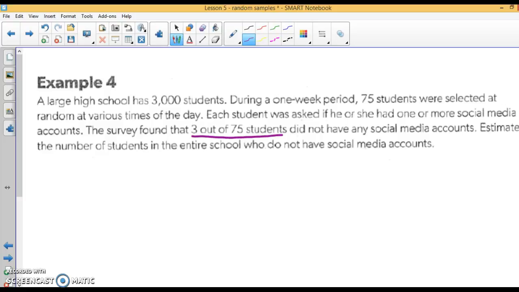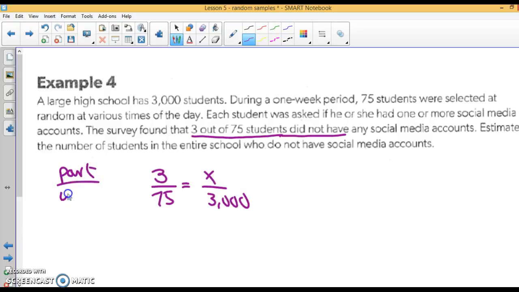So, let's set up a proportion. They're saying that 3 out of 75 did not. We want to know X out of 3,000. What is our fraction? Isn't this the part out of a whole? 3 is the part that didn't have, out of 75, X out of 3,000, and you will get